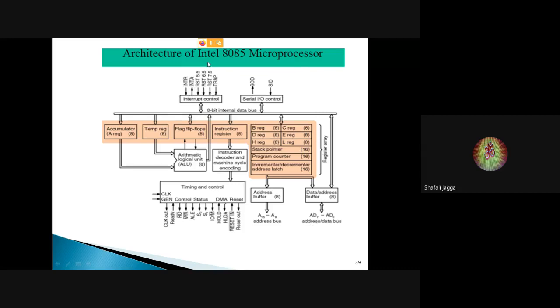Then, depending upon whether the microprocessor wants to entertain the request or ignore it, there are two possible categories of interrupts: maskable interrupt and non-maskable interrupt. Maskable interrupts are the interrupts which can be ignored or delayed. Non-maskable interrupts cannot be delayed or ignored. Only the TRAP interrupt is non-maskable.